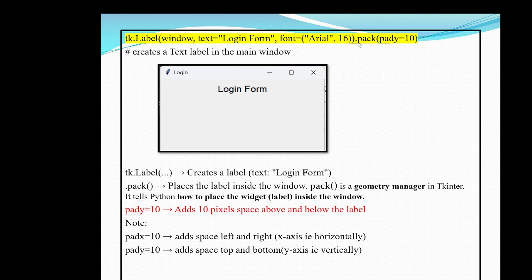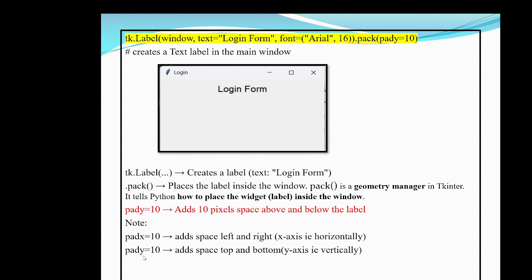There we specified dot pack. It's going to talk about a simple layout presentation. pady equal to 10 means vertically, that means along the y-axis, above and below the label, we should add 10 pixels of space. We can use padx also, then it adds a space to either of the sides, that is left and right, along the x-axis horizontally.